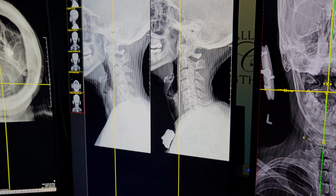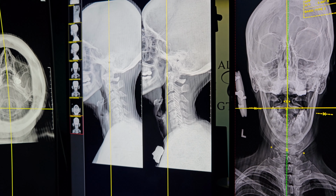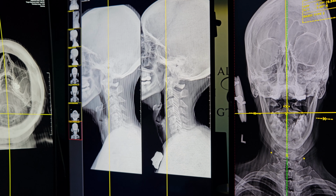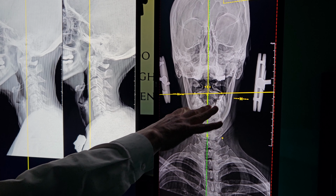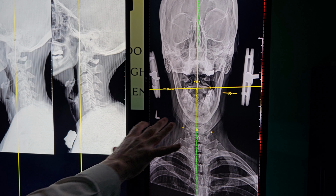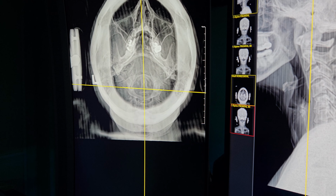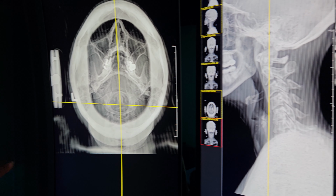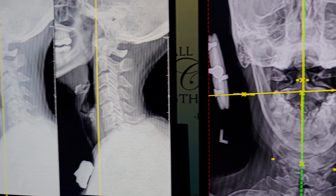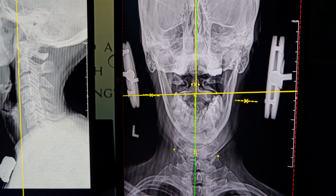She's a graphic artist, so repetitive injury all day long, staring at the screen to make little details perfect, and I think that's what did her in. So here we can see that her atlas has gone up to the right, and over here we can see that the atlas is anterior on the left. And we chose to prioritize the anterior on the left more than the laterality on the right, and you'll see that in a minute. And actually, let's be done with the x-rays